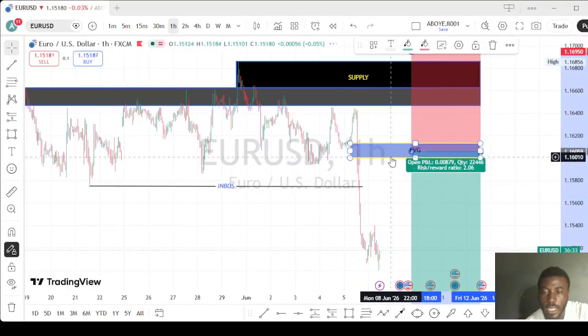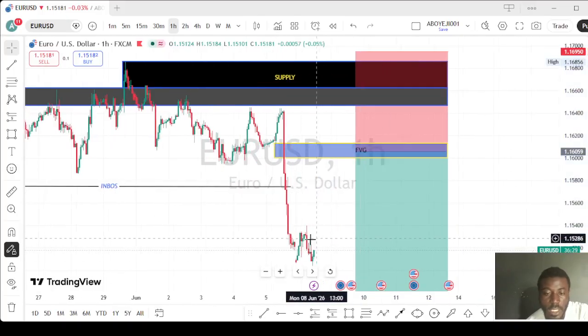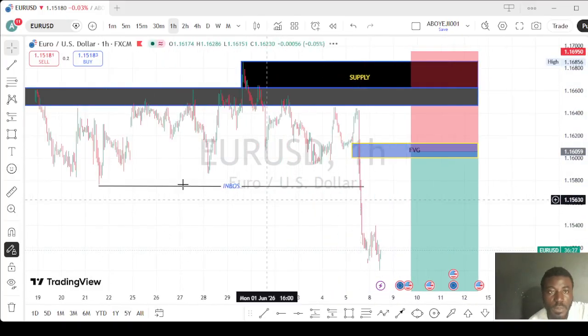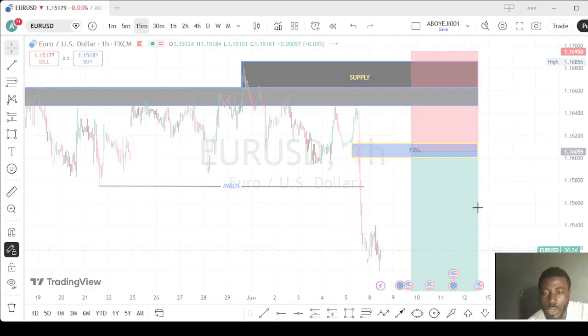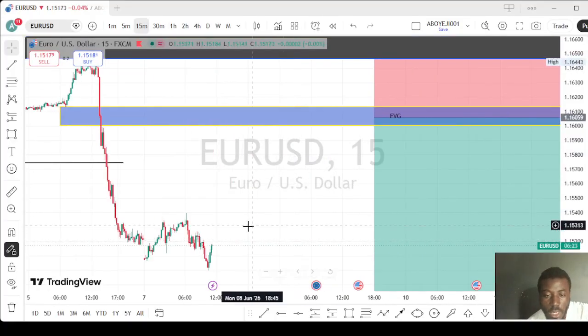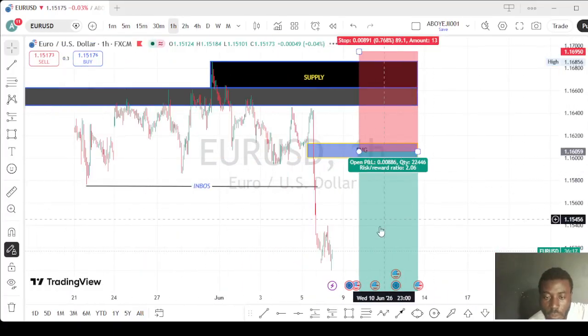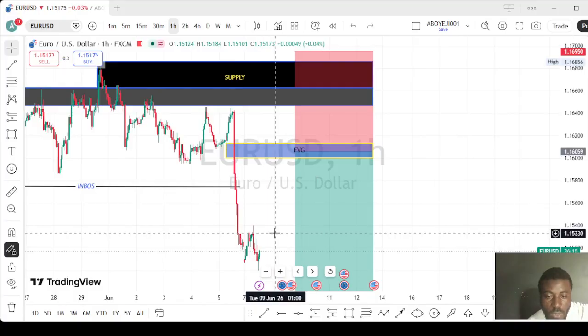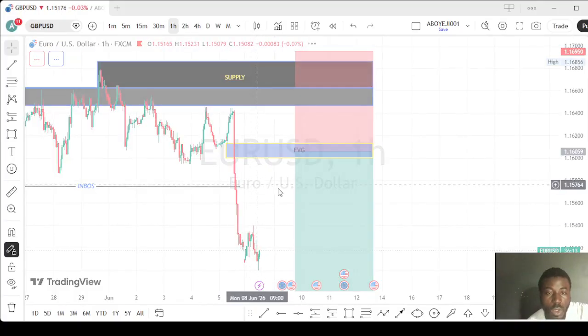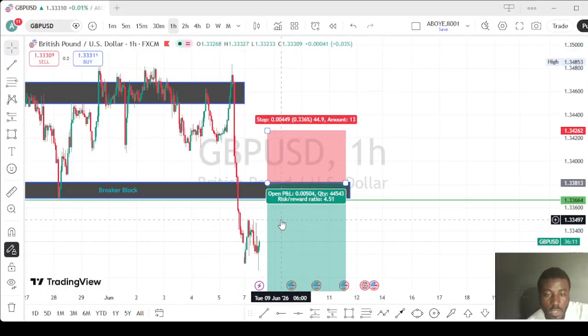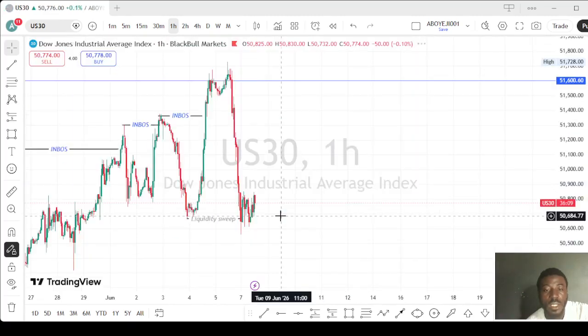On this, we are selling from here also, but the market is giving us the buy before we can sell. So it's better to think about how to take this buy. I'm not taking this buy unless the market breaks this place, retests, and continues the uptrend. That is how we can take this buy. If you want to take this buy, we wait for the market to break and retest. On GU, we wait for this market to break and retest.